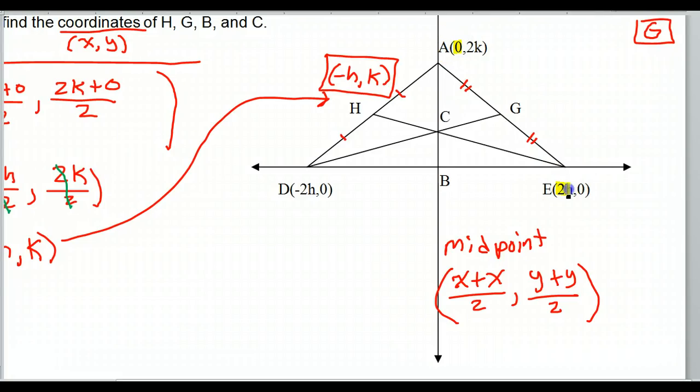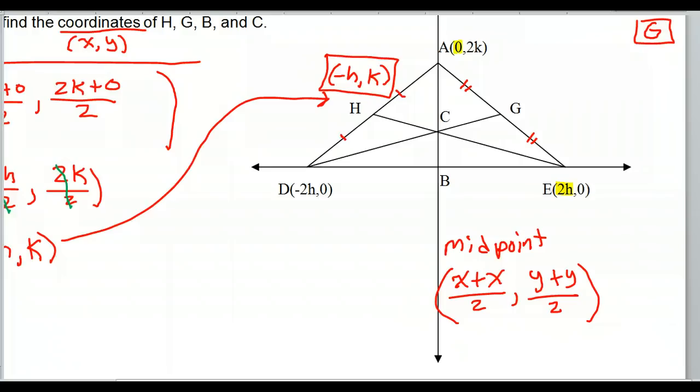Okay? And look, one of my kids was confused earlier today, wondering, wait a minute, how do I know to use these x values? Why not some other x values? Why am I not using the negative 2h now? So just understand, if we're trying to find G,